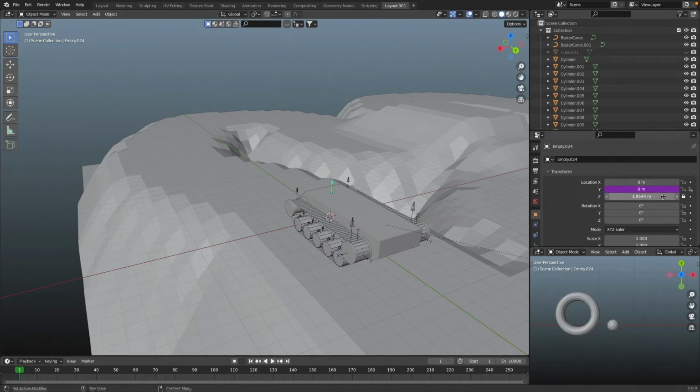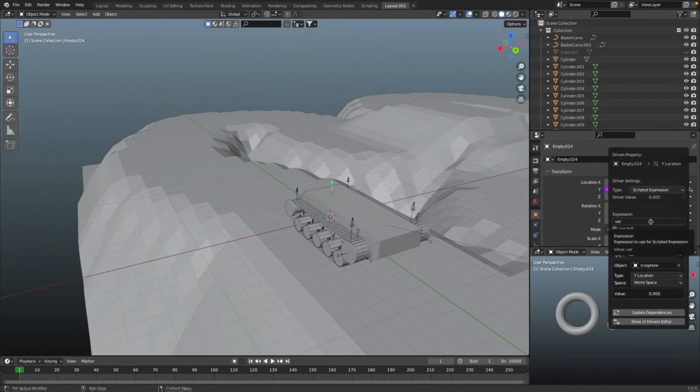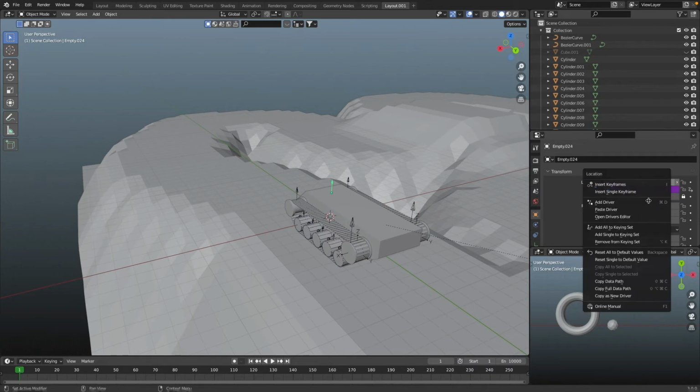So basically we're going to have to edit the driver, and actually we don't have to do that. So this is what's simple about this: in the other one you're gonna have to mess with the variables, input variable and complex stuff. But in this one, the steering is on the x-axis and the acceleration is on the y, so that just makes it a whole lot simpler for us.